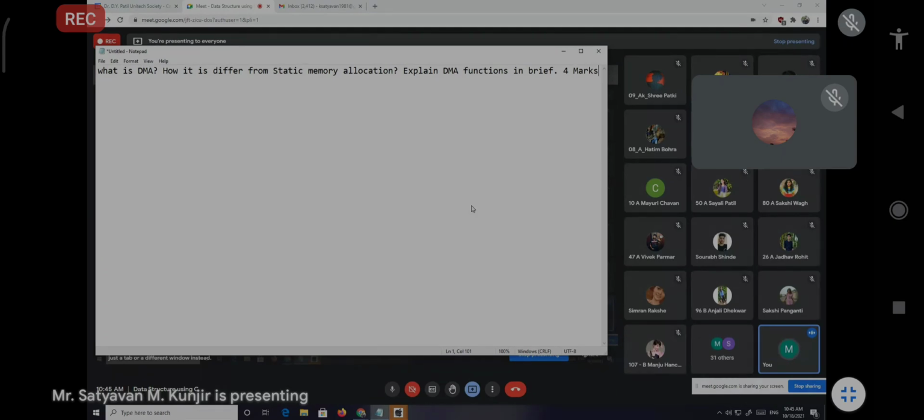What is dynamic memory allocation? How does it differ from static memory allocation? And explain DMA functions in brief. That is for 4 marks. Then the second question,